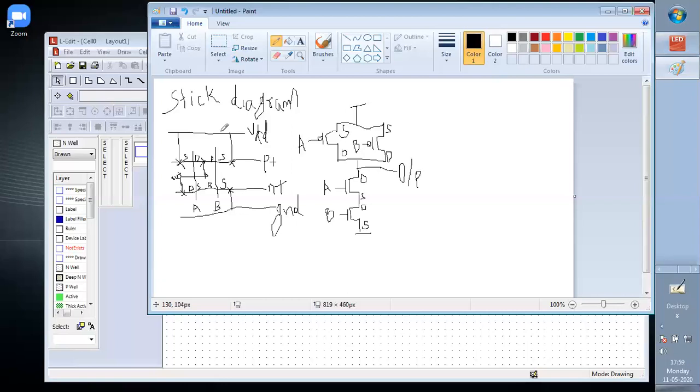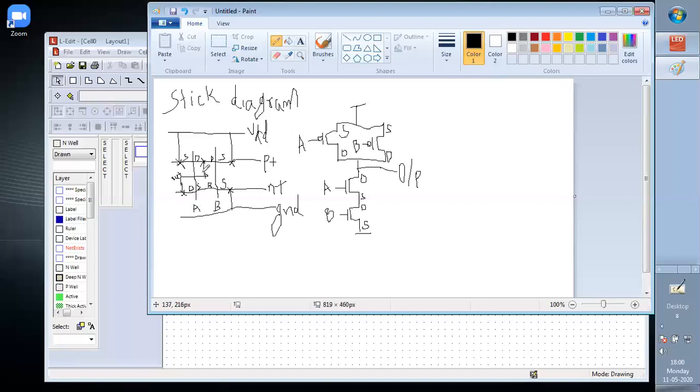So this is the stick diagram. With the help of this, we draw over here. First of all, we require one active, right? Now for one transistor, we require 13 lambda active.